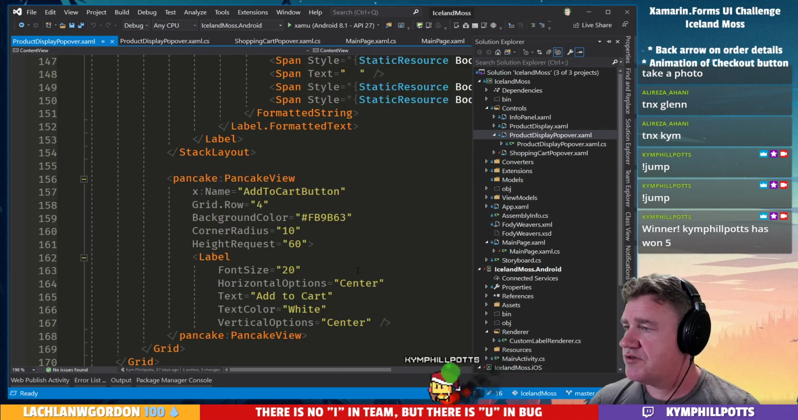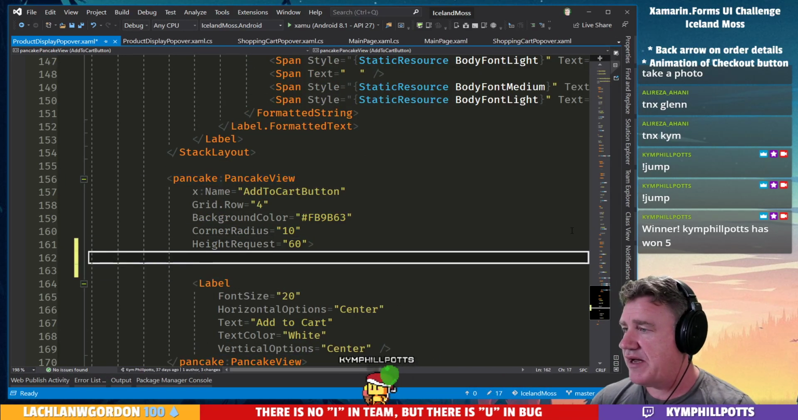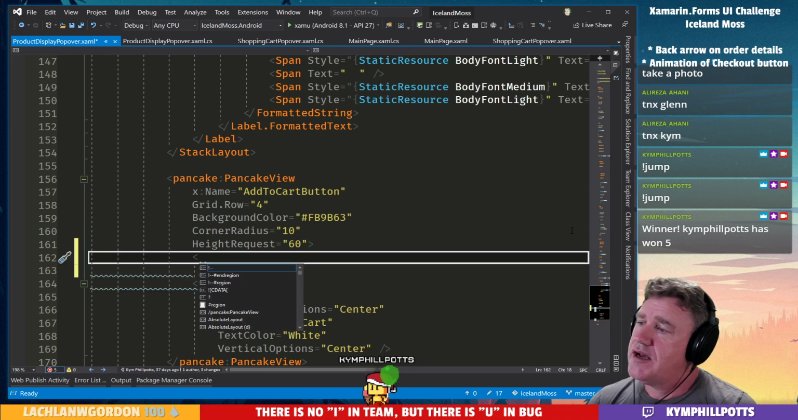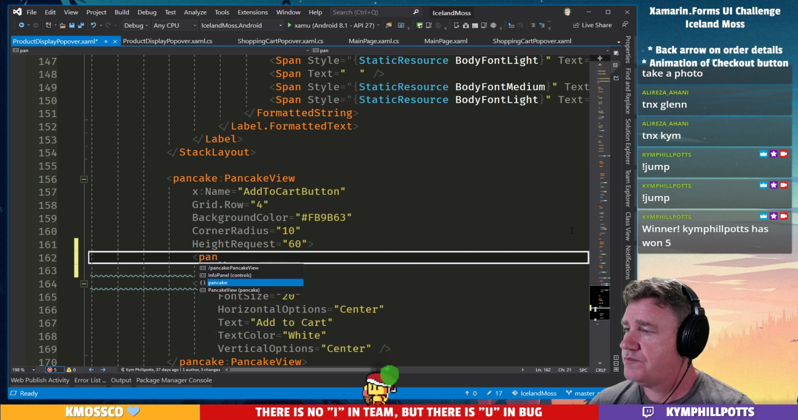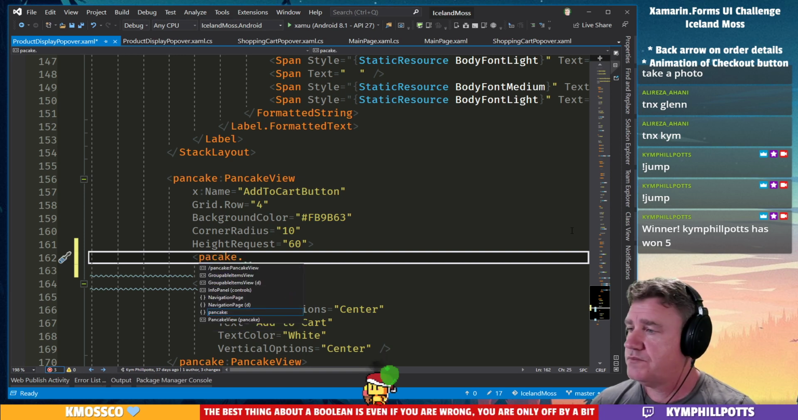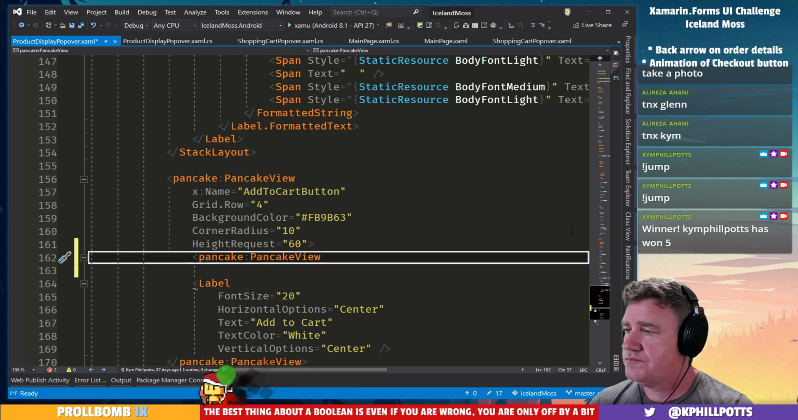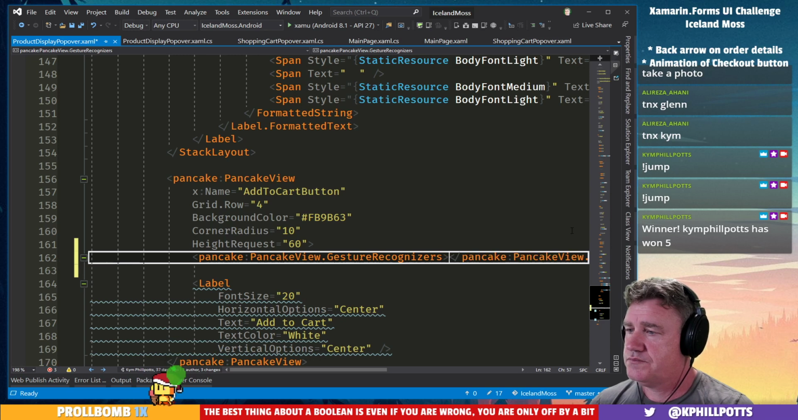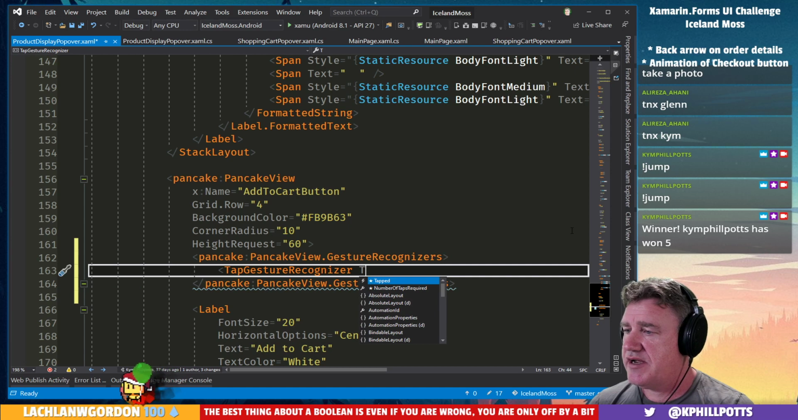Okay, first of all, we're not doing anything with this button at the moment. So let's add a gesture recognizer in here. So basically turn this into a button if you like. We'll add a tap gesture recognizer in here, and when we tap on it, let's go and